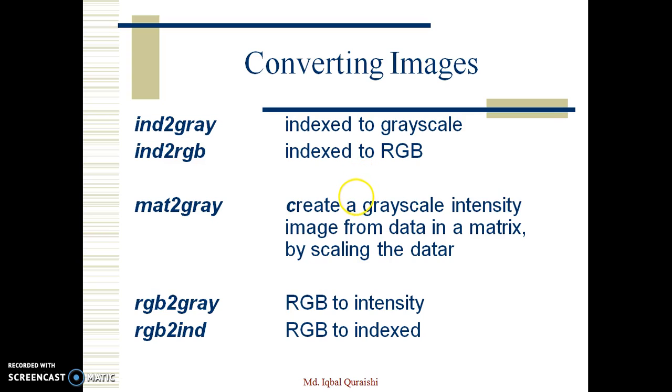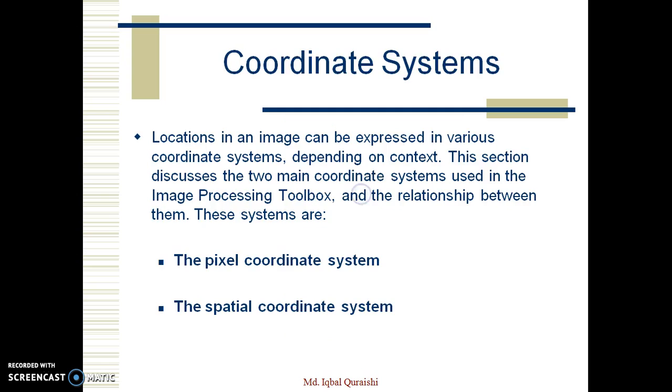So you can apply all these methods whenever you are in need. If you think about the coordinate system in an image processing system, we have two approaches. One is the pixel coordinate, another is the spatial coordinate. In pixel